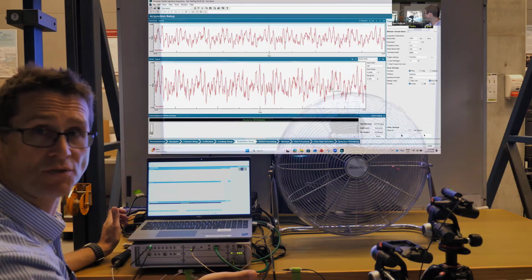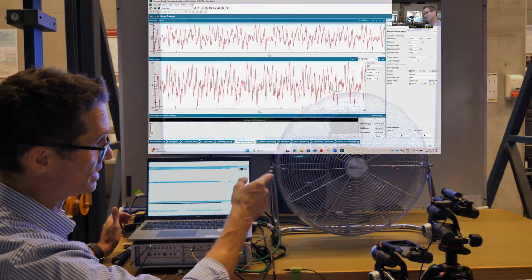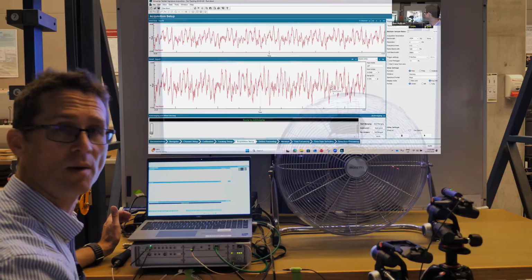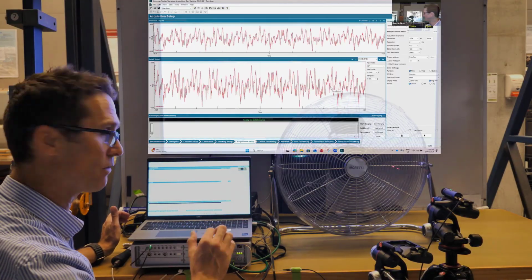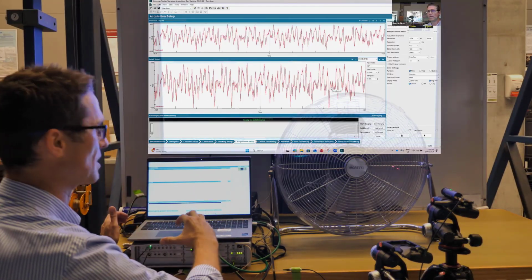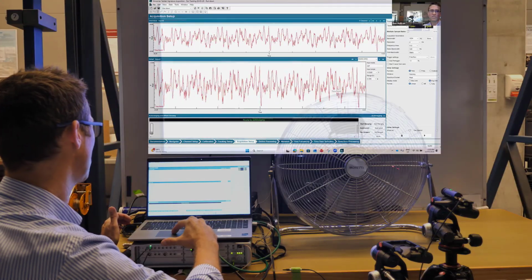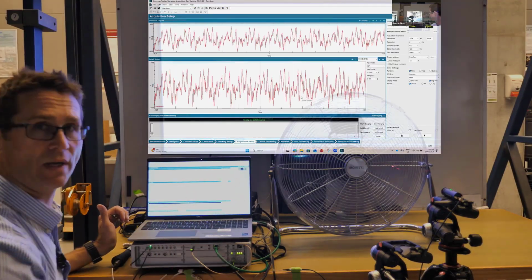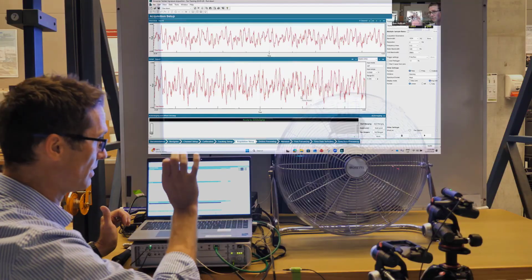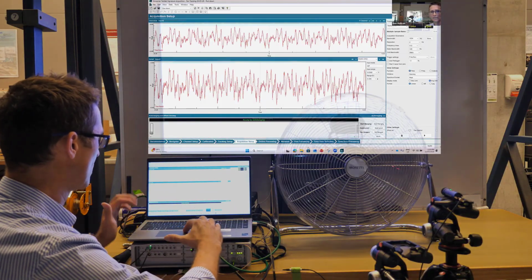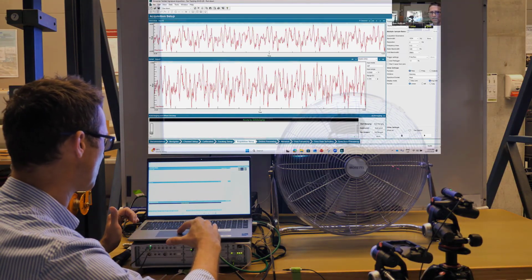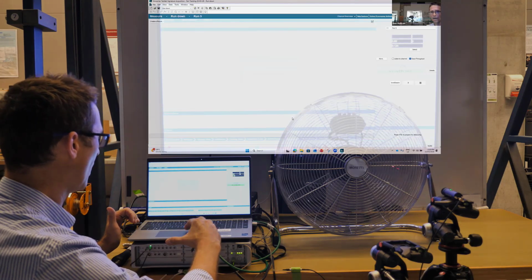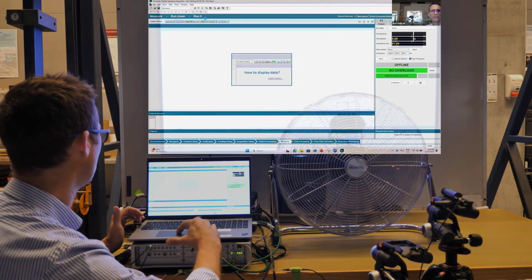I could indeed use the stroboscope in the same way that I used it to freeze the fan motion, to freeze some of these vibrations if I found the appropriate rate at which it needed to flash. That's another legitimate way of estimating vibration based on the displacement of the system. Here I'm using the accelerometer. So I'm going to now go to the measure sheet and I will collect these